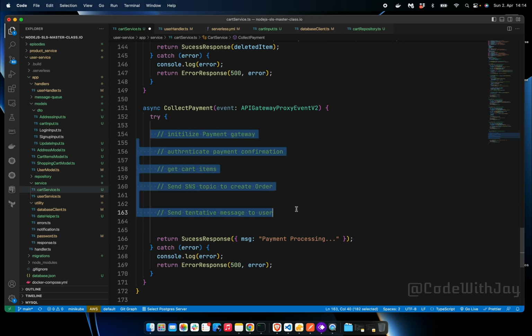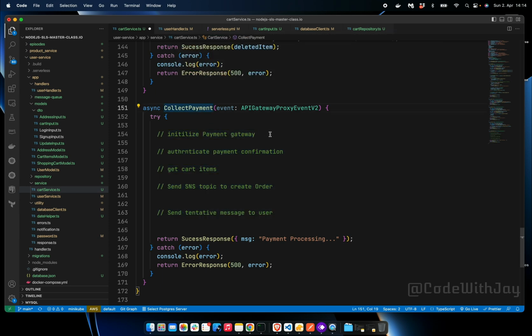These are the steps we are going to do right here in the collect payment method. We will be initializing the payment gateway, and once that is done, we will authenticate our payment confirmation, because while the payment method is initialized, at that time we will be receiving some kind of webhook call or confirmation. At that time we need to make sure that specific payment is collected correctly. These two steps are going through another function call, which we are going to tackle. And after that,